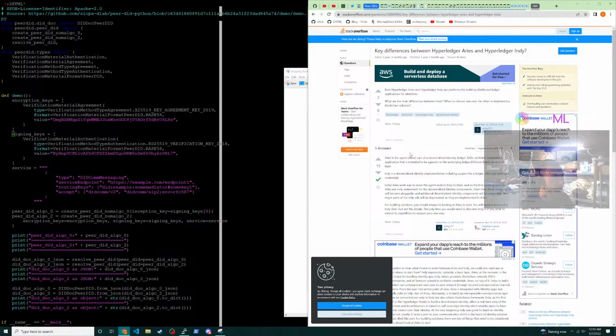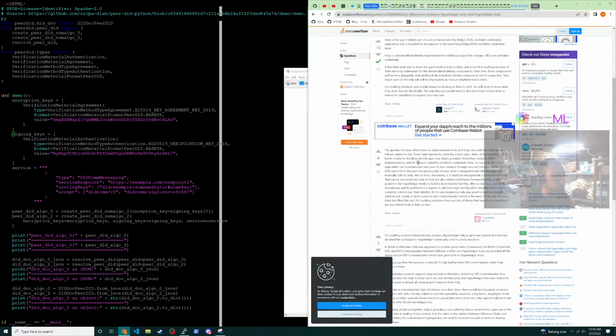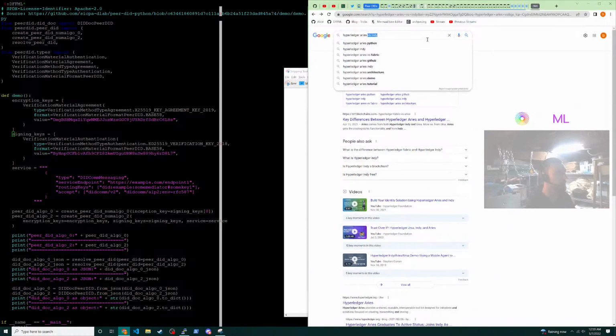So Aries is the agent client, part of a decentralized identity ledger DID verifiable credentials application that is intended to be agnostic to the underlying ledger DIDs verifiable. Indy is a decentralized identity implementation, including support for a ledger. Initially Aries work was to move the agent work from Indy to Aries. So the first working versions of Aries use Indy underneath for the decentralized identity components. Over time, those components will become pluggable. And okay, so basically we're going to Aries. Always looking at Aries to start. Okay, so let's look at Aries versus